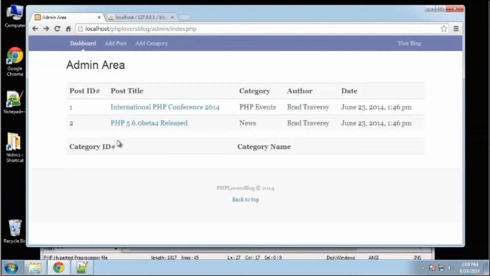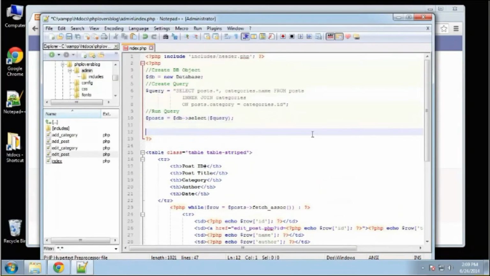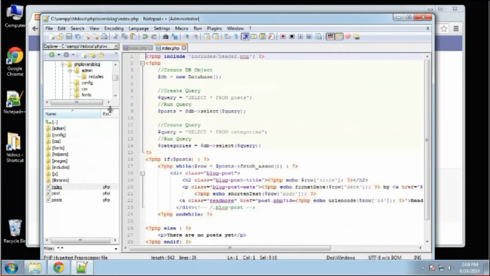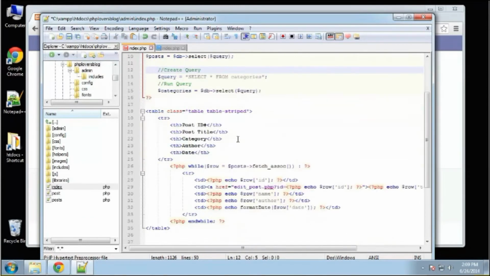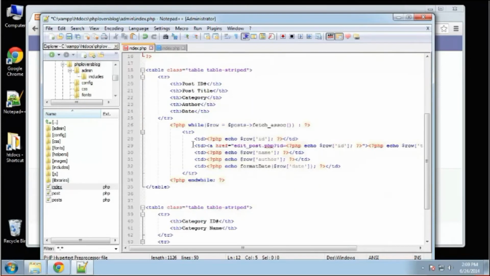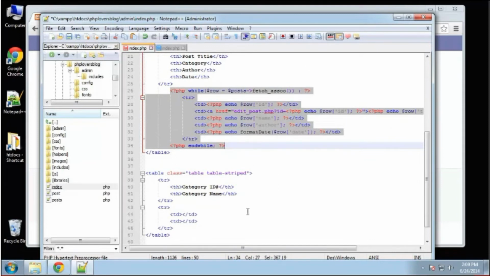Actually, you know what? Let's do the categories first, just so we can get the index page out of the way. We're going to do pretty much the same thing. I can actually grab it from the other file from the front end. If I go to the index page on the front end, I'm just going to grab this. Okay, so that'll get all the categories, and then basically we just want to loop through just like we did here. I'm actually going to just copy this,